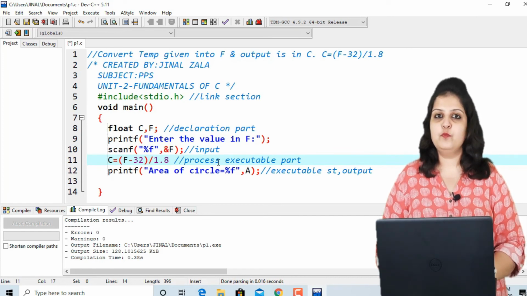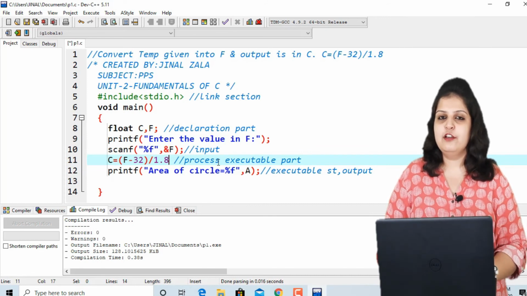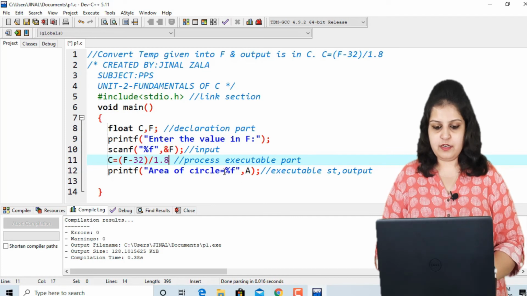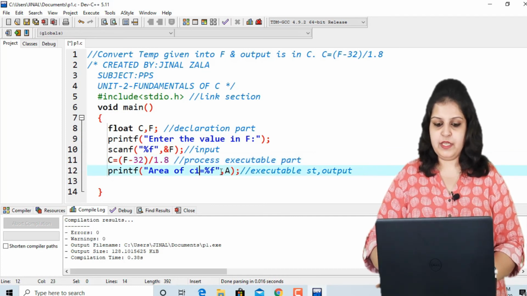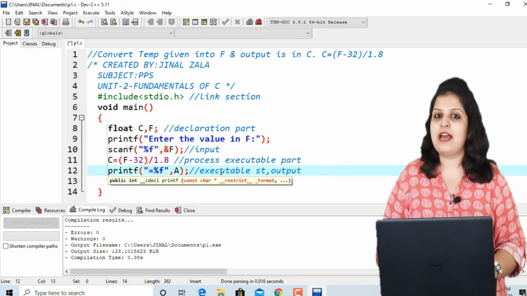Now our output, and our output is stored here in our C variable. So C is our output, and here change the statement. In printf, all the time change the statement according to the definition.